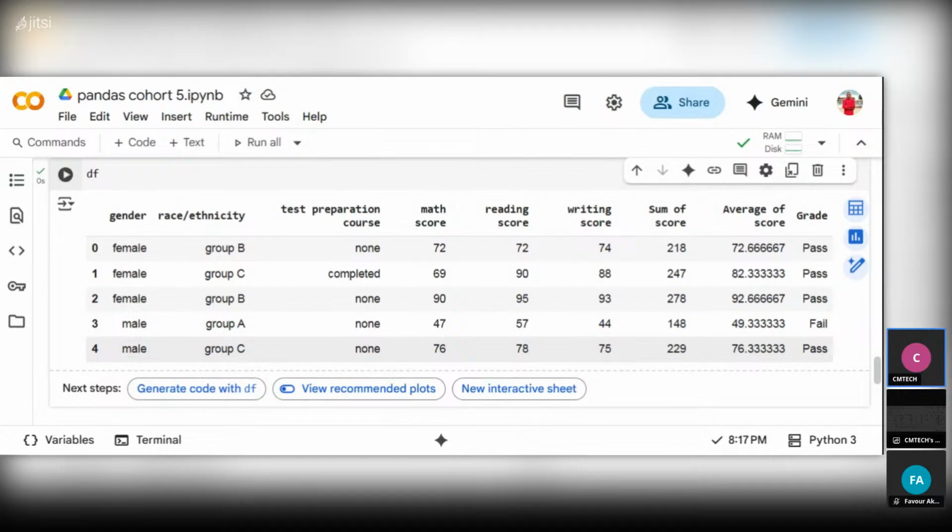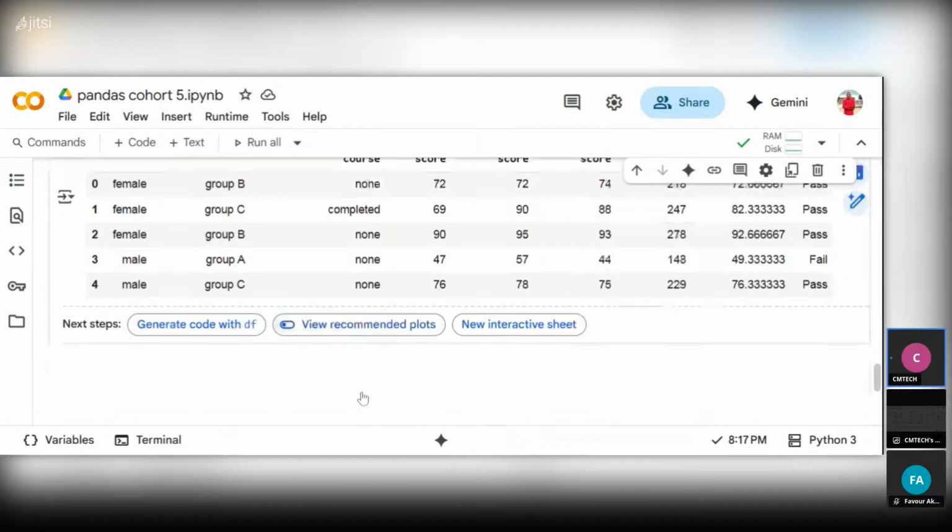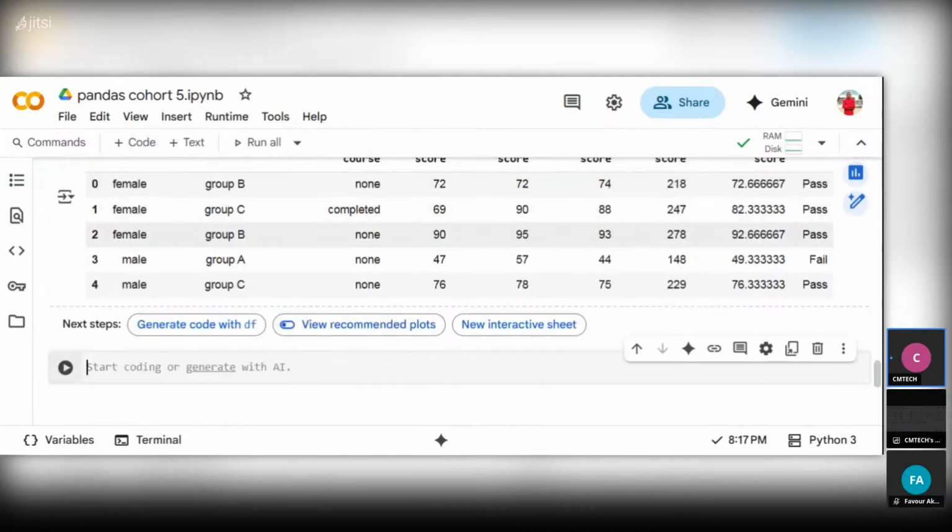Okay, let's see this. I'm trying to sort out what we are going to do. Now let's see the total number of students that failed this course. So we are going to do it like this. DF, we are using the DF. Now DF dot